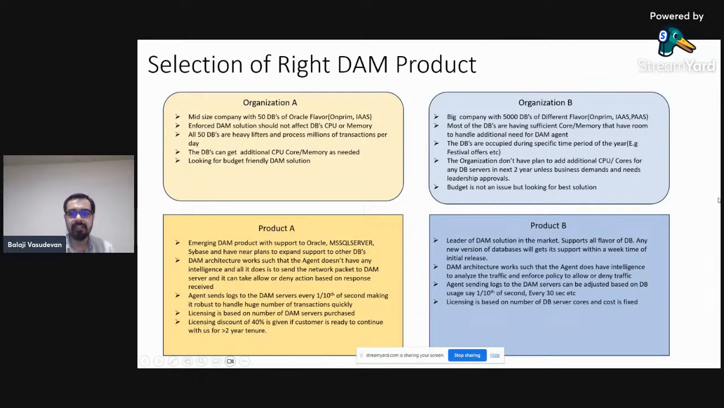And now moving on to organization B. This is going to be a big company with 5,000 databases, and they are going to have different flavors. It's not just Oracle. They are going to have a mixture of Oracle, SQL, Sybase, Red Hat, Redshift, everything put together, in on-prem, IaaS, and platform as a service models. And most of the DBs have sufficient core memory, with room to handle the additional need of a DAM agent. The customer might not say this explicitly, but if you are a data security architect, you will be able to understand this based on